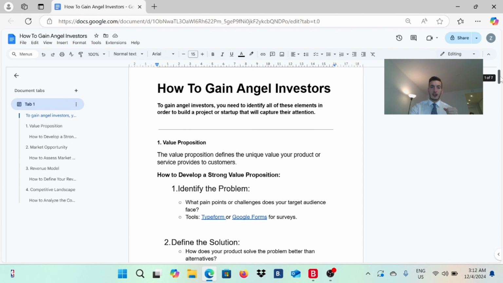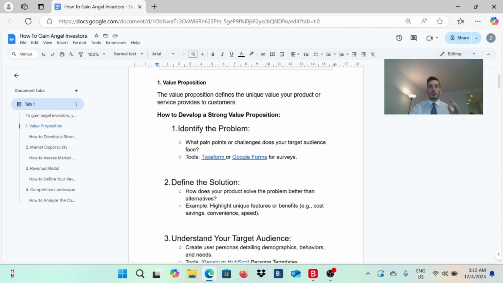First of all, you need to understand the value proposition. The value proposition defines the unique value your product or service provides to customers. It sounds very basic, but it's not, because most of you are feeling that the market will have a need for something, and what the industry is looking to get. In fact, the information and data you have on what the market or industries need right now are most of the time not what the market will actually give you in return on these products that you are building.